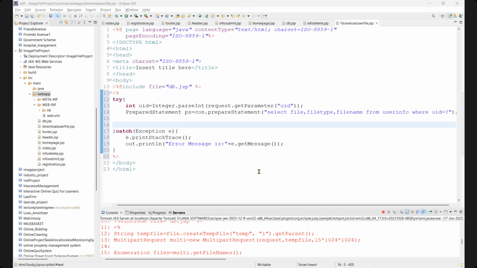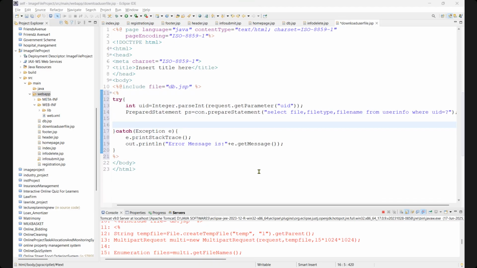Okay, so whatever the response is there, we set the response content type. If it is a PDF, we need to set application/pdf. If it is a doc or docx, we need to set application/msword. After setting the content type, we need to set the response header, like Content-Disposition with attachment and the file name for that. Then after the file is stored in the long blob,